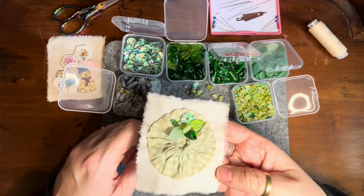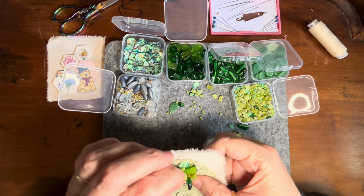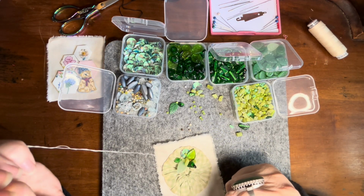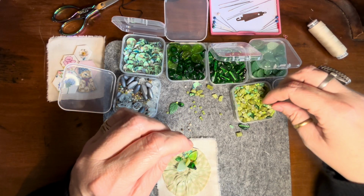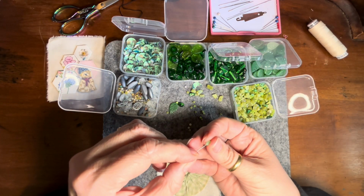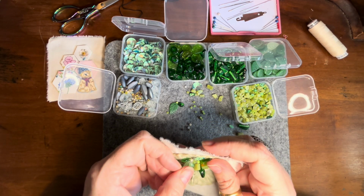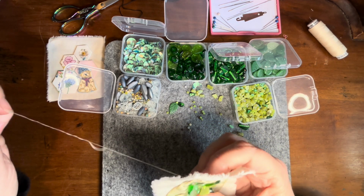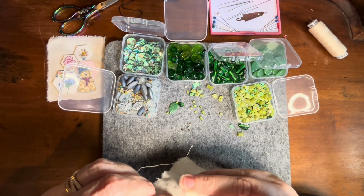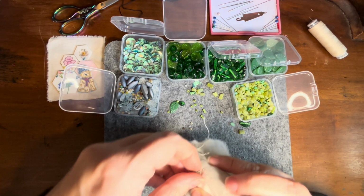All right, what are we thinking? Starting to look all right? A little bit of a cluster of things. So I'm just threading them up, putting them in. Sometimes I go and,